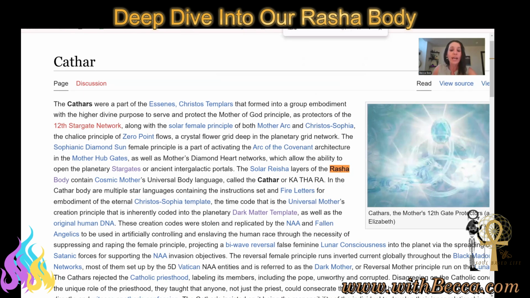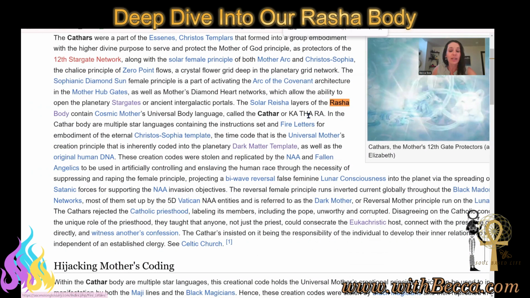Well, as all of these work within these layers, the Kathara, the Cathars or the Kathara are holding these outer sound tones. And I already collapsed that document, but that was that document that was handwritten, and it showed all those sound tones moving out in creation and holding the energy of 13, 14, and 15 within there. They correspond to fire letters. Excuse me. And when these fire letters start to work, this is another way that we do mantras. Think of mantras as a way that you're resetting your fire letters, your fire language as a fem, as an angelic.